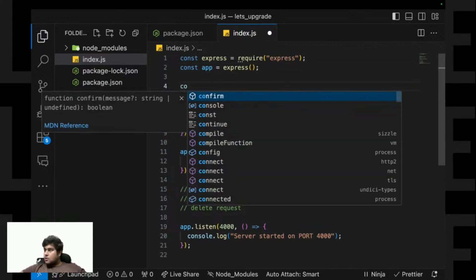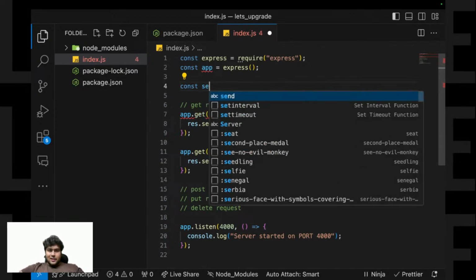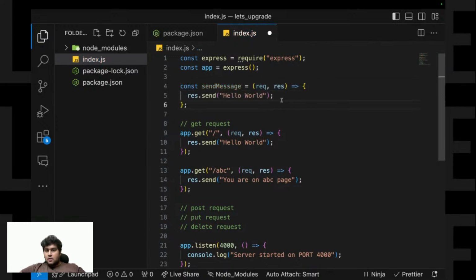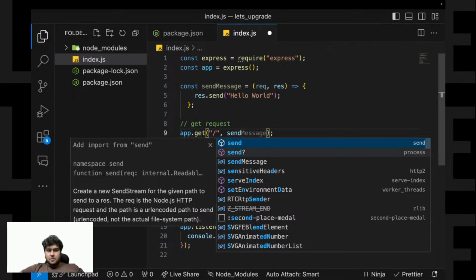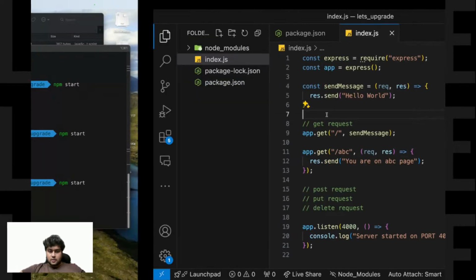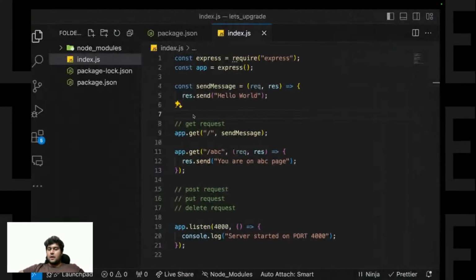I can write const sendMessage, and assign to it the same function which I have written over here, and now I will pass sendMessage. Now if I hit this, it's still working in the same manner.